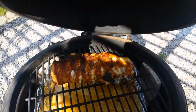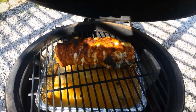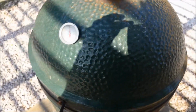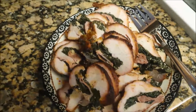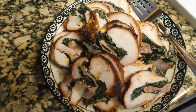We're about halfway through this cook now, and that's what she's getting to look like. Well, we got maybe about another half hour or so. 165 in the center, I pull her off. Yeah, man. And here you go. The end of it. You got to see this. She's trying to go for